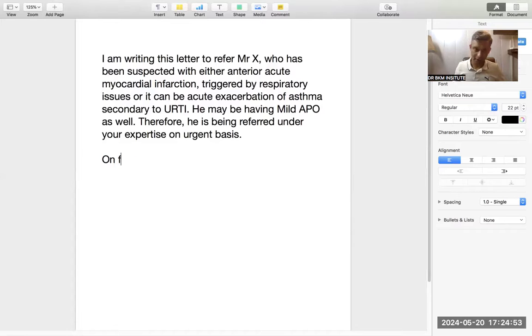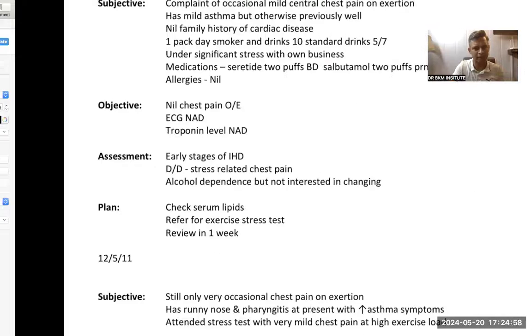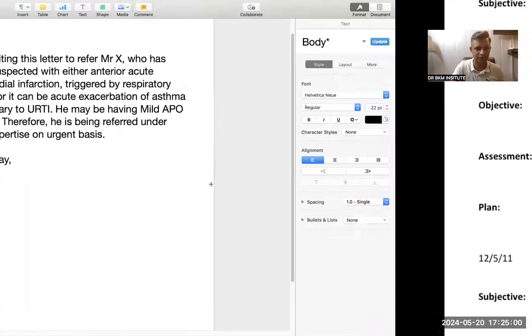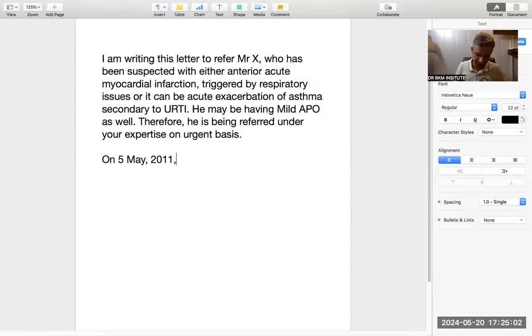On 5th May 2011, he was found with, so I will replace the name as well, Mr. Elvin. Okay, let's make it more precise. He was found with, or you can also say Mr. Elvin. You can write it once, not a problem. This is not a big deal. You can also write he or you can write Elvin, but with a capital E. So Mr. Elvin